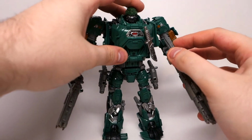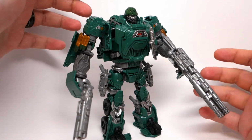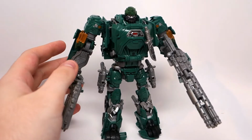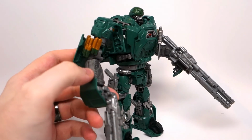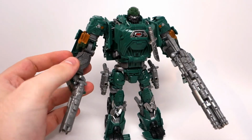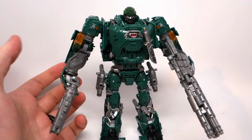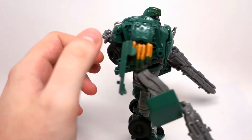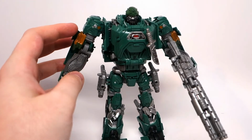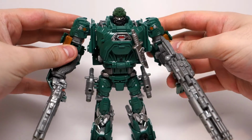There's a bunch of stuff we haven't seen, and I'm pretty sure Hasbro said a couple times that they were planning to make toys for all of the on-screen figures, and we've already seen one or two figures they've said are not on-screen. Apparently Snarl is not an on-screen character, which I find kind of disappointing, but if they're already producing toys for not on-screen characters, I would assume they have them planned for all of the on-screen characters, unless they're not going with that anymore. So we should be getting a figure for pretty much everyone. And I was really hoping we were going to see a Voyager or Leader Bulkhead that was perhaps a little bit more,